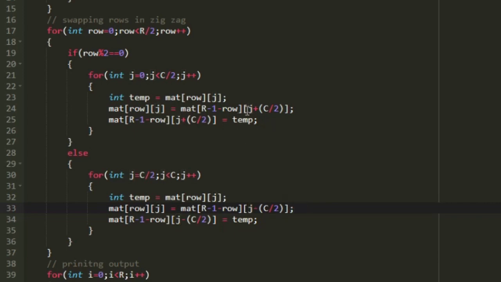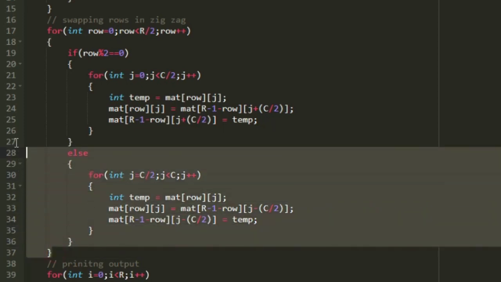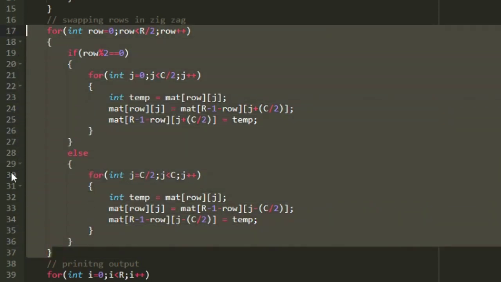Instead of j plus c by 2, we are including the condition j minus c by 2, because here from the second half we need to take the integers present in the first half. So j minus c by 2 would be the integer present in the first half. This is how we will be swapping the integers as per the condition given in the question.